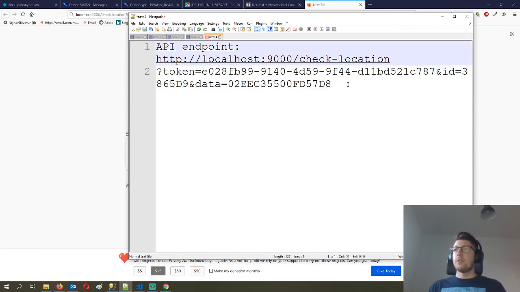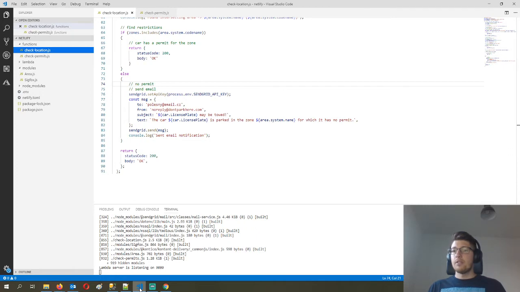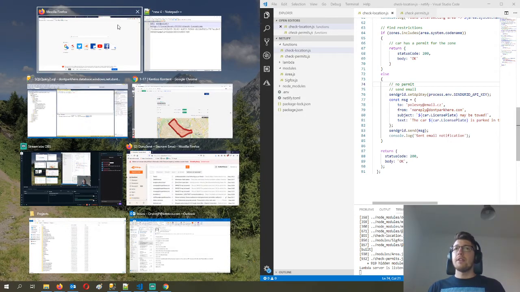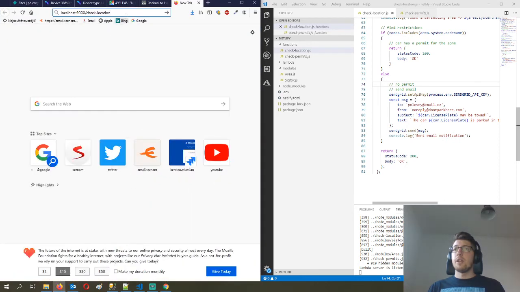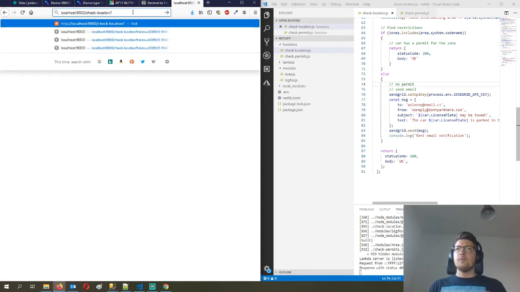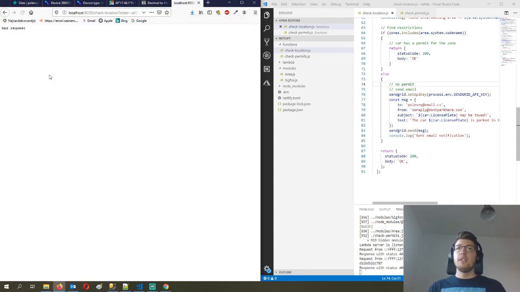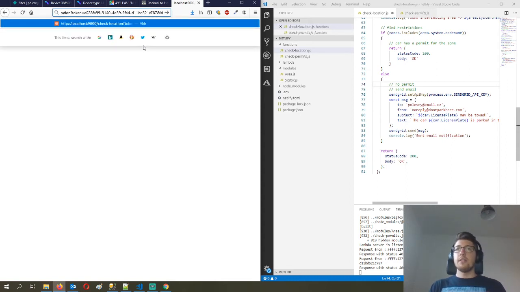So now I'm just checking if that works. And let's first try the invalid attempts to the function. So let's see if it's already running. Okay. Just going to put it here, and on the left side I'm just going to put the browser. So you see that first I'm trying an unauthorized attempt. That's okay. So let's put here the token, but not the ID or data. So you see it's a bad request. And if I put here also the data,